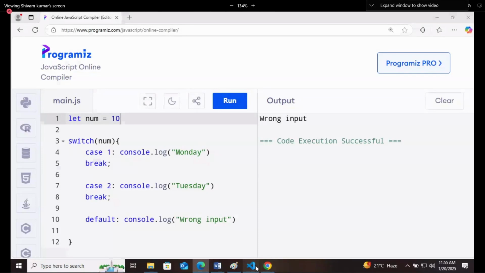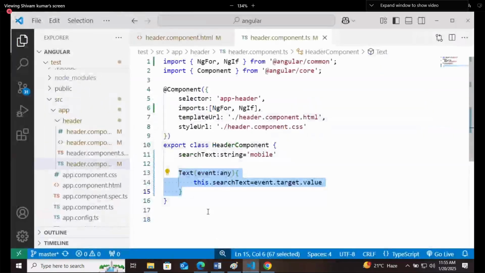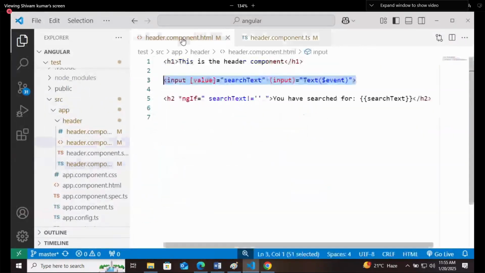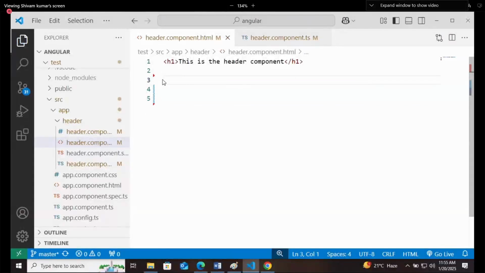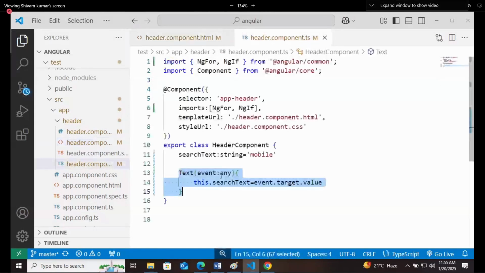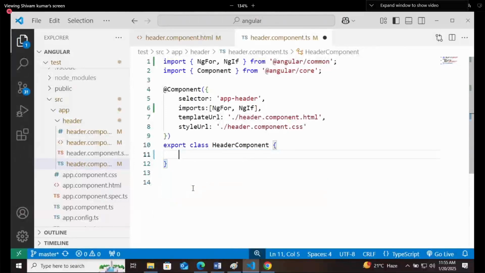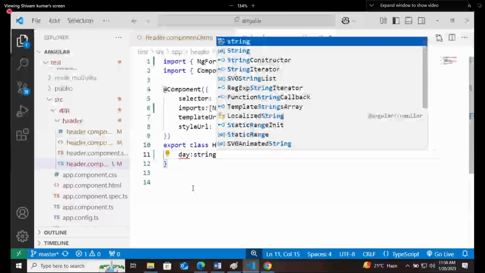Now how we will be using ng switch, the same example I will write in the code here. I'll remove this part. See, I am removing all these things. I'm not giving you source code because we will develop a project. A to-do list we will develop. After that, we will do it. Okay. For that, what we will do is, here the search text and these things I will remove. I will declare a value here. Or let me create day here. That day will be a string equals to 1.